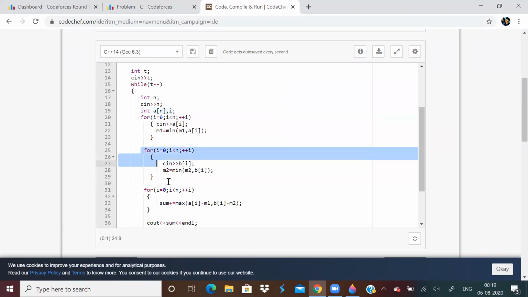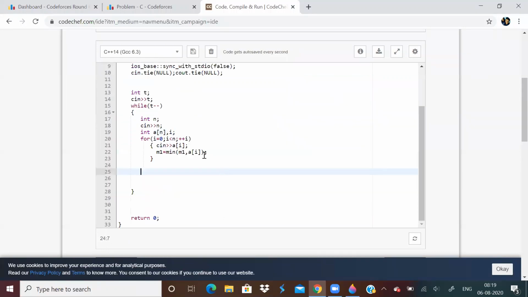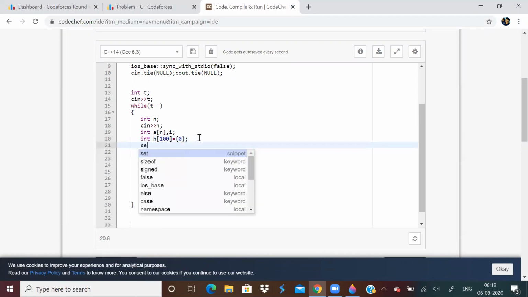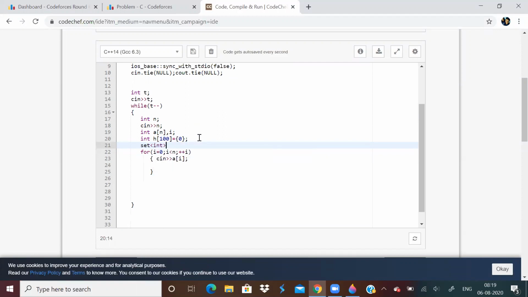I think I can remove this. So what I'll do is, to find the frequency, I'll just use a hash table, and I'll use a set to store the elements.